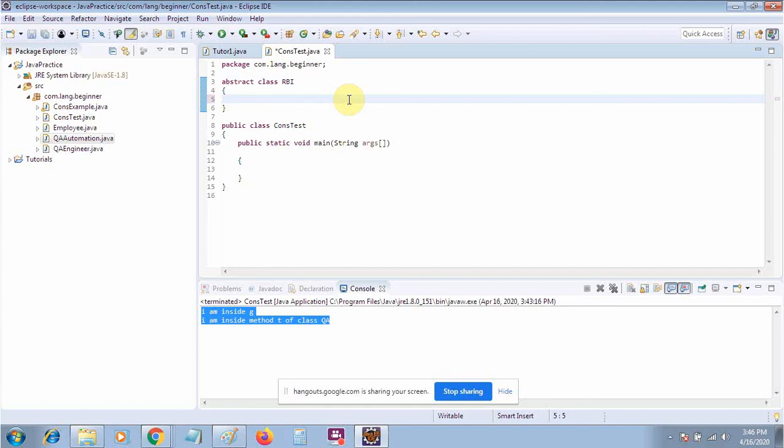Suppose there is a method like abstract public void interest rate. As we know, the interest rate in different banks is different. Every bank has a different interest rate based on their budget and their collection. Suppose that here we will accept a double amount.